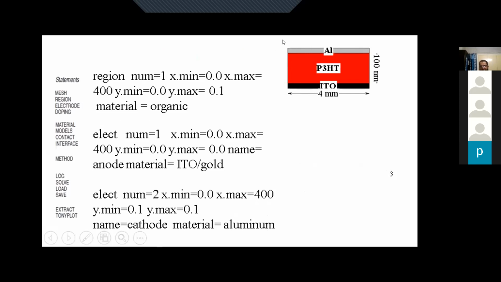So the direction is like this. X is in this direction, but Y is in the bottom direction. Like this we can define. You can also define using negative values in the opposite direction. That is also allowed in the software. So these are the particular set of commands, but they are not the only possible commands that are to be written. You can change the commands as per your need.